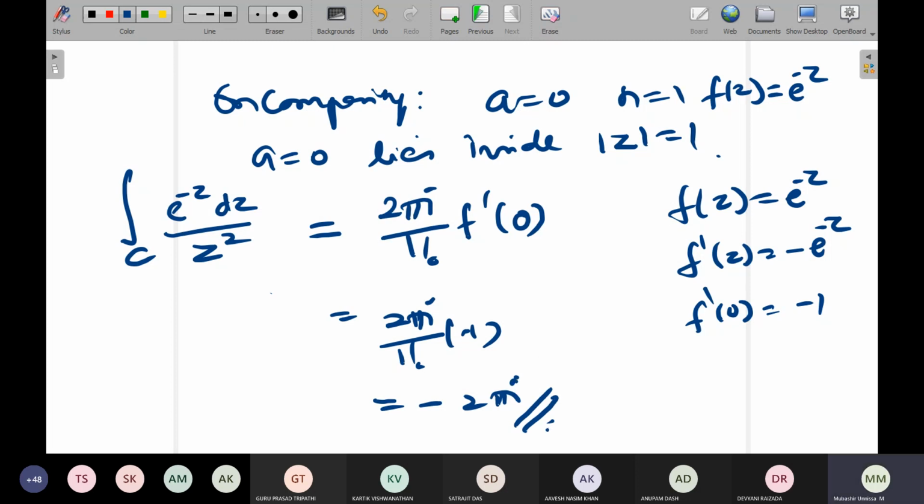Is it clear? Yes, ma'am. I think with this we'll wind up. We'll see Cauchy residue theorem in the next class. Some of them still have doubts in the papers, I guess you can ask. And before that, I'll just take attendance.